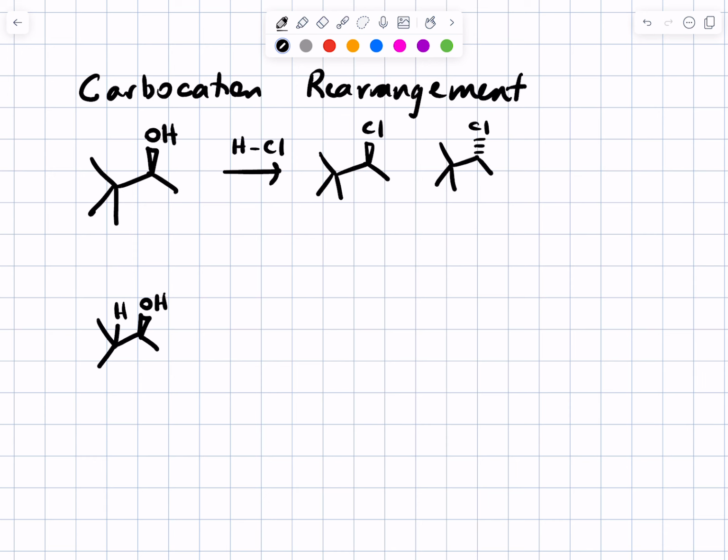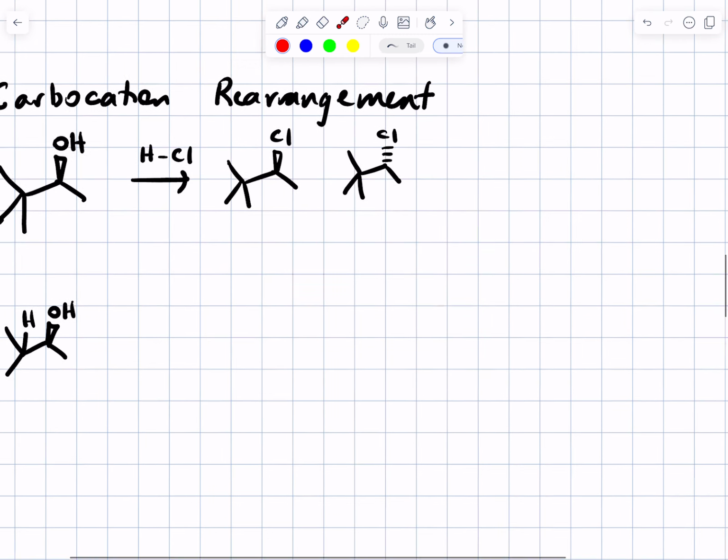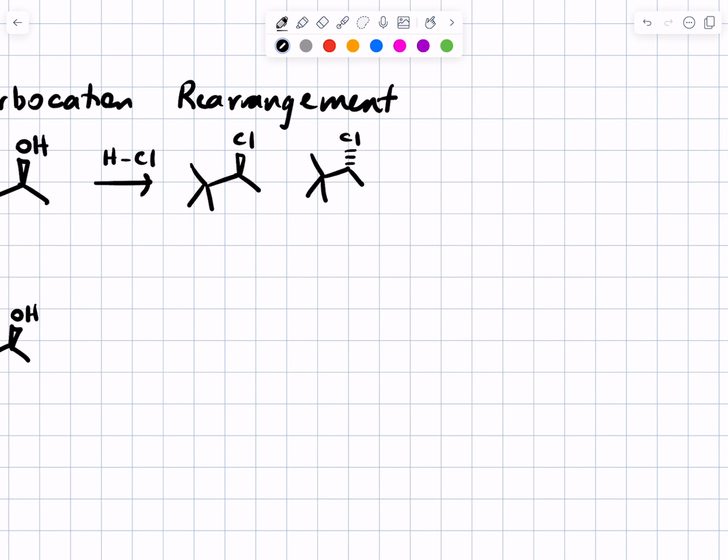Those are the two products you would expect if you protonate the OH, it leaves, you get a carbocation, and then chloro attacks the positively charged carbon from above or below. And you get the unexpected one,